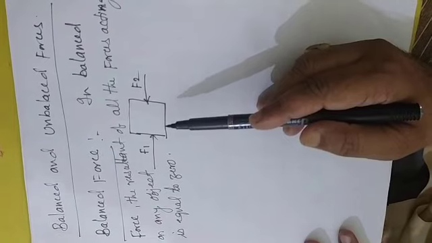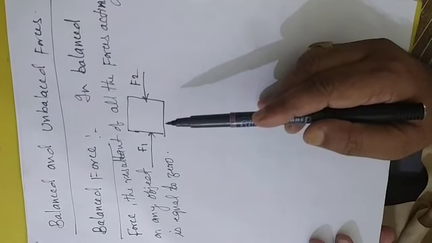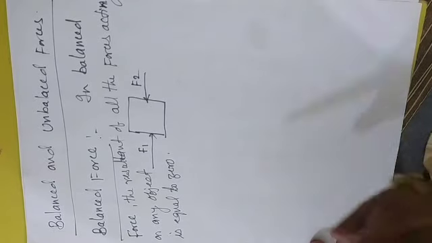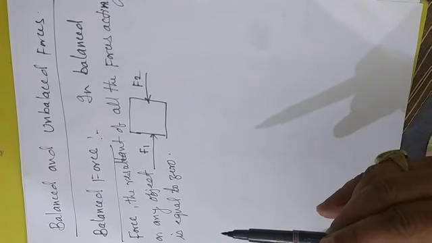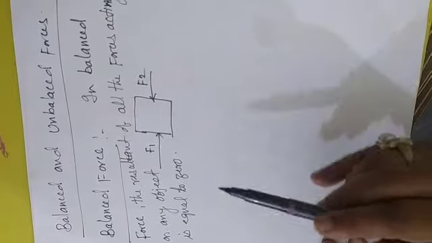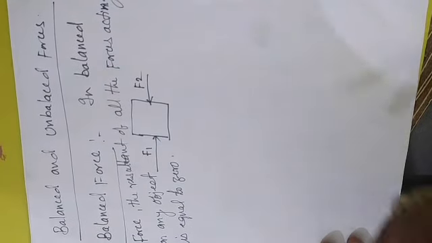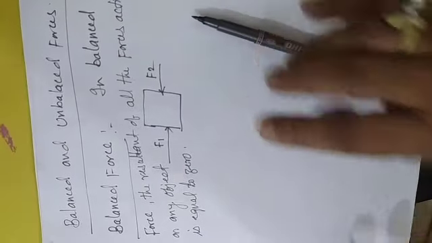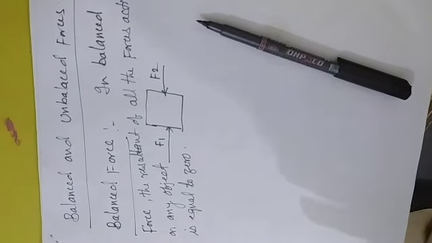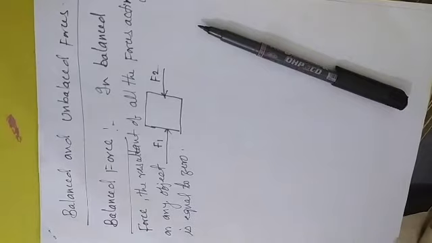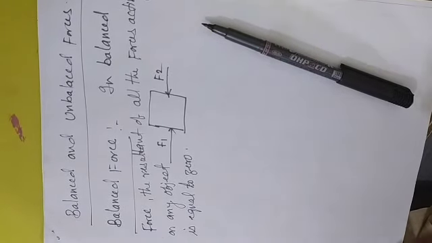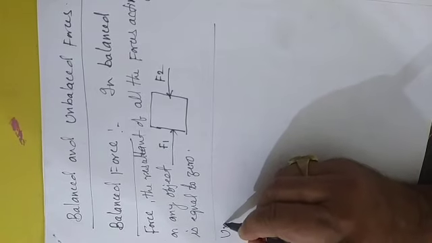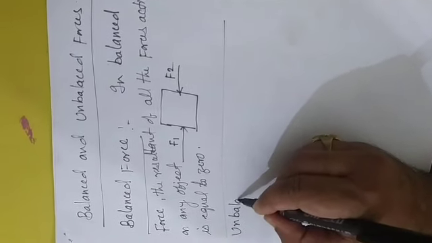But it may be possible that the shape or size of the object may be changed or may not be changed. I am repeating again. In balanced force, the shape or size of the object may be changed. Now, unbalanced force. Unbalanced